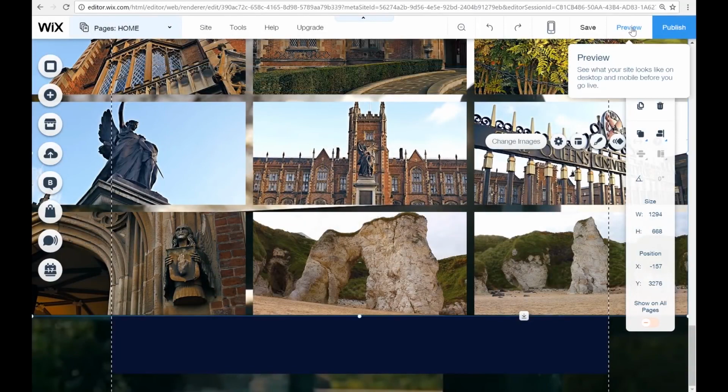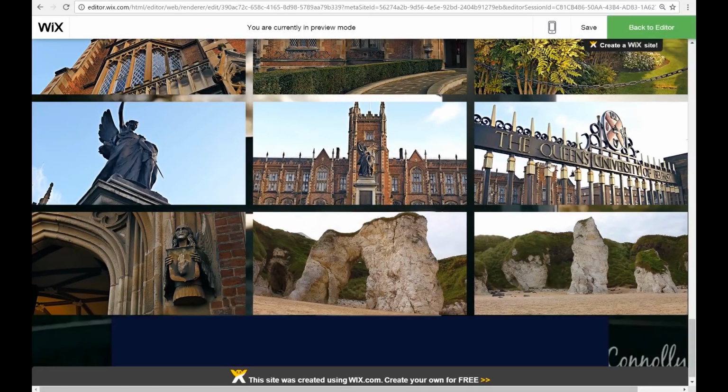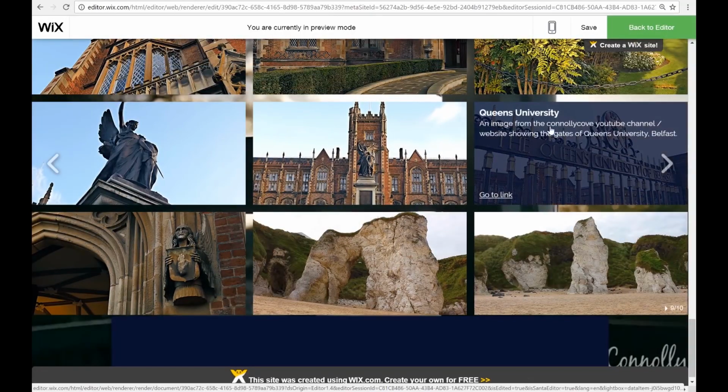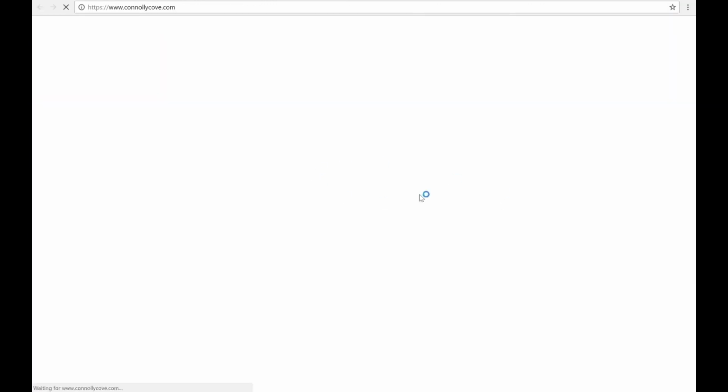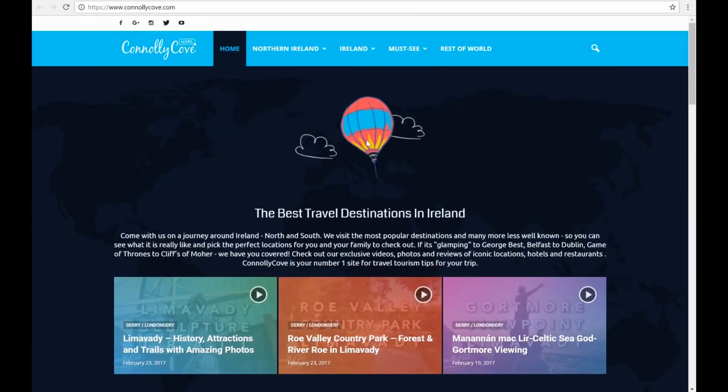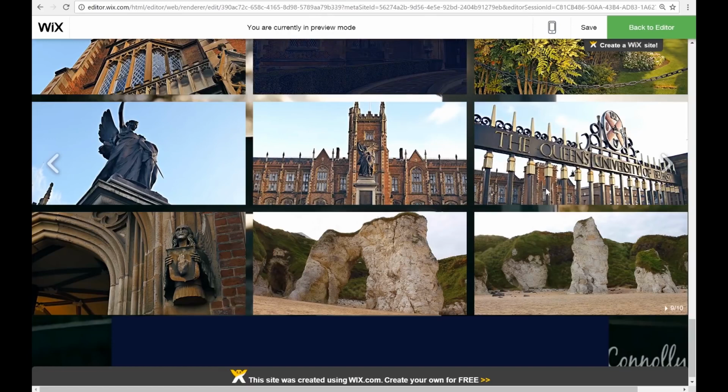And when you go to the preview mode, when you hover over the image, you can see Queen's University, an image from the Conley Cove YouTube channel/website showing the gates of Queen's University Belfast. And if you click this link, it will take you to the link that you've added in. In this case, I've added it to the conleycove.com website. So, closing that down,